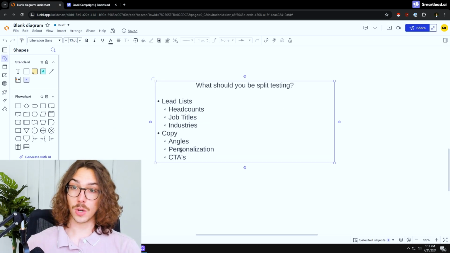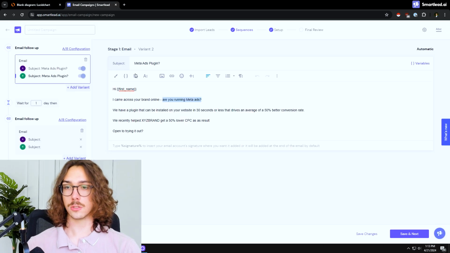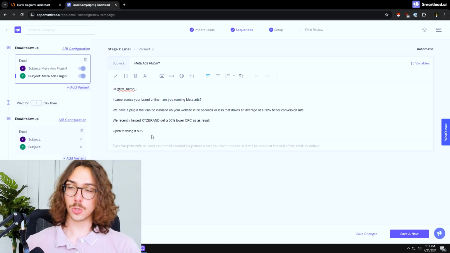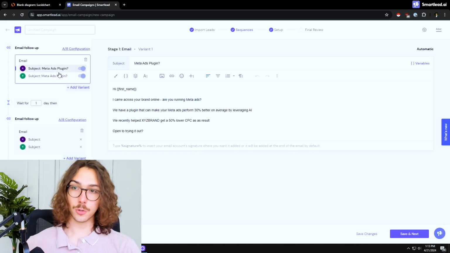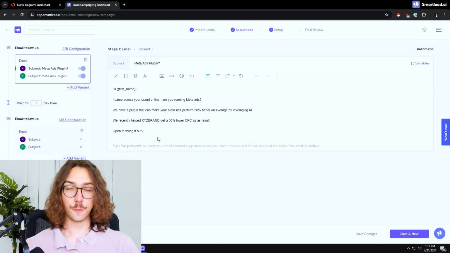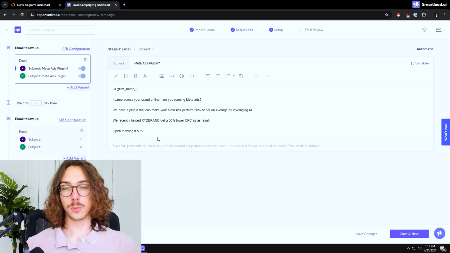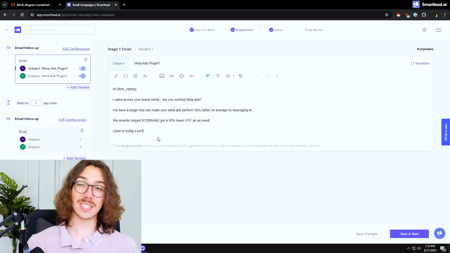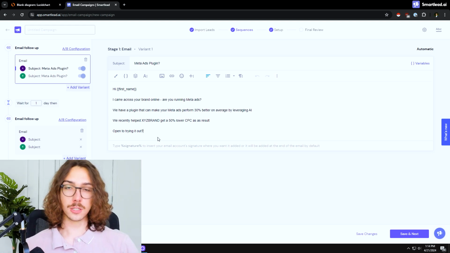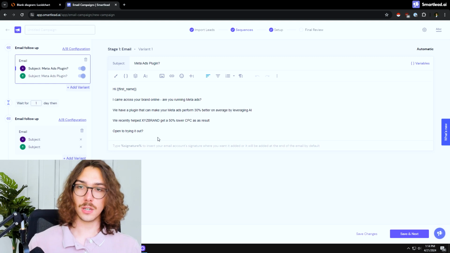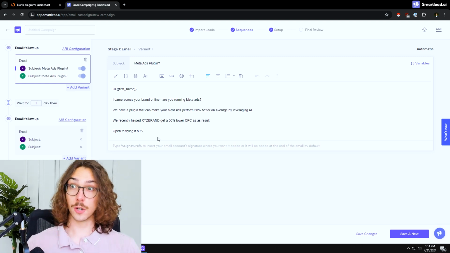And another great thing worth split testing is your call to action. So a call to action where you're saying open and trying it out, this is one example. Another thing that you can split test is giving a free trial. That's another great thing. In this example, you can split test getting on a call. You can split test asking them if they want more info. You can split test asking them if they want to see a quick video. There's a lot of different stuff on the call to action side too that can drive very major results if